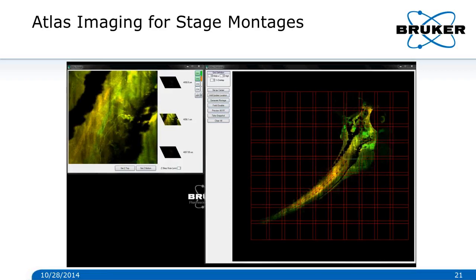And I think anybody that's tried one of these applications can attest that one of the challenges is being able to easily set up the data acquisition so that you acquire the portion of the object that you want to acquire